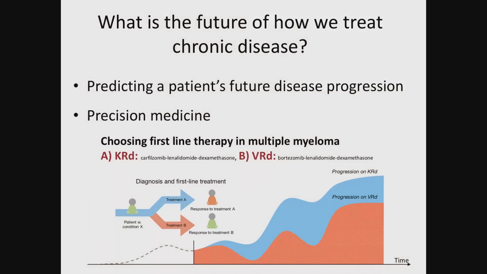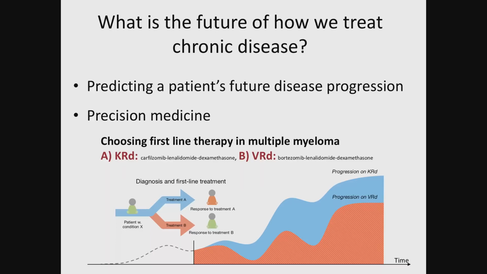But imagine a day where we have algorithms that could take what you know about the patient at one point in time. That might include, for example, blood test results. It might include RNA-seq, which gives you some sense of the gene expression for the patient, in this case derived from a sample taken from the patient's bone marrow. You could take that data and try to predict what would happen to a patient under two different scenarios: the blue scenario that I'm showing you here, if you give them treatment A, or this red scenario, where you give them treatment B.